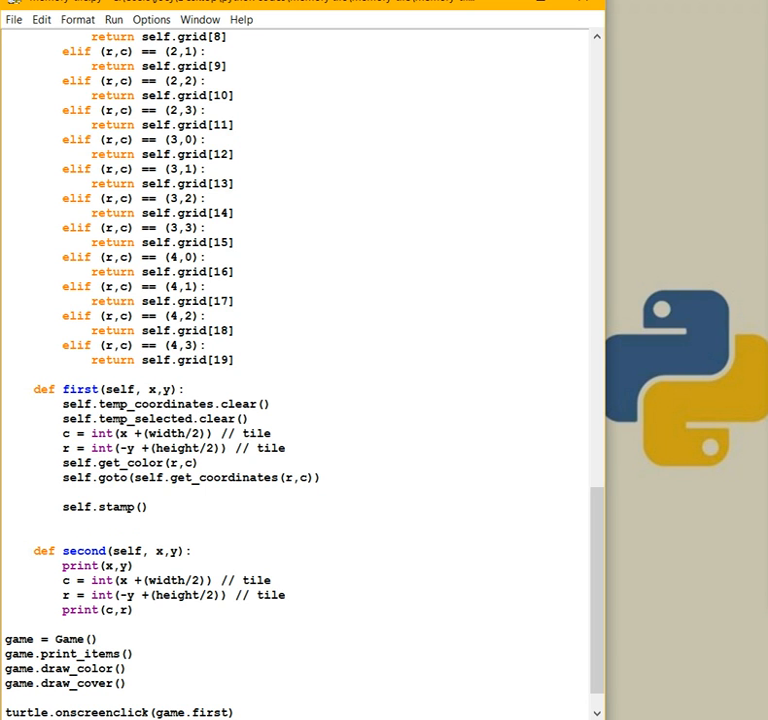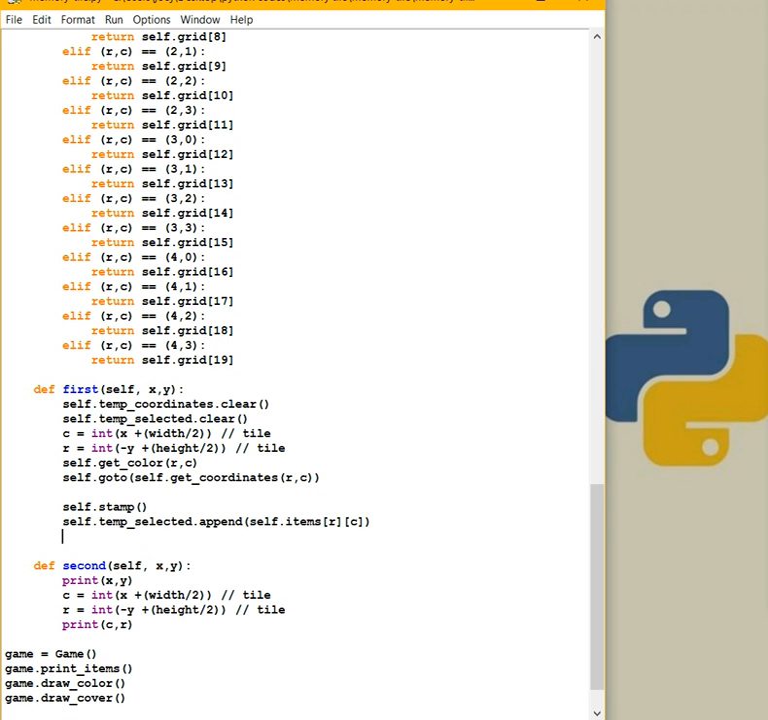And after we have to say self.temporary_selected, self.temporary_selected.append(self.items, R and C). Now we have the coordinates, and again here self.temporary_coordinates.append